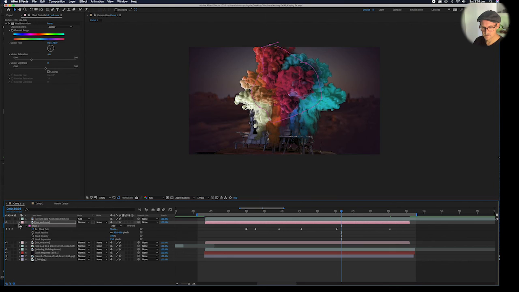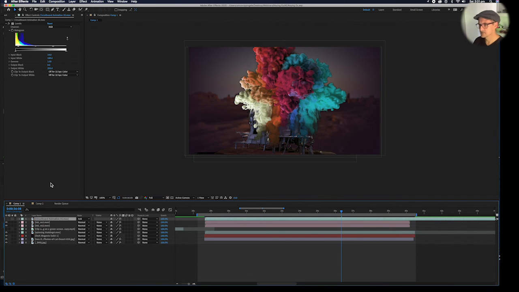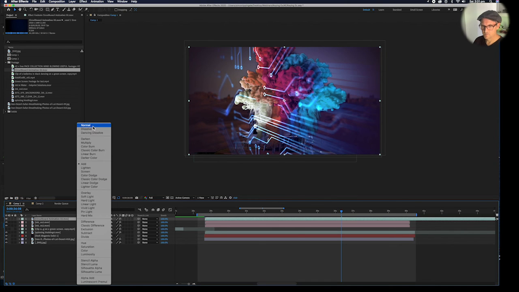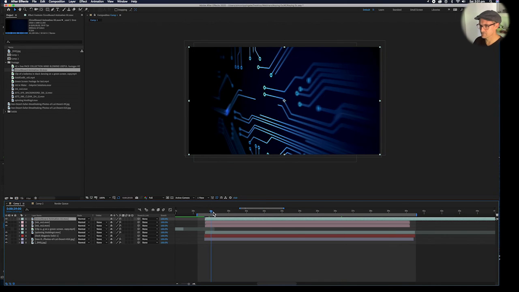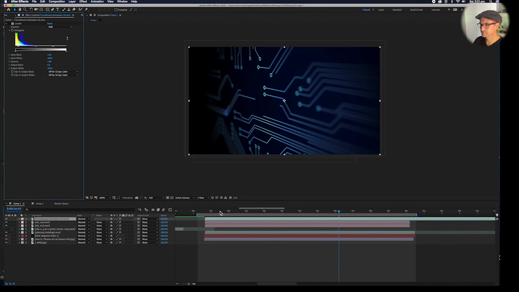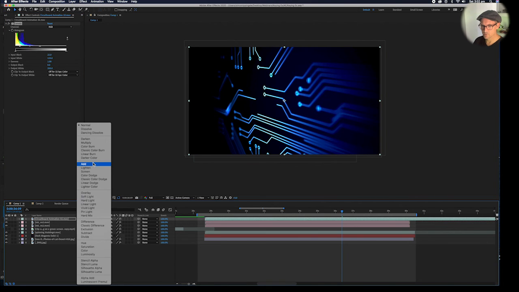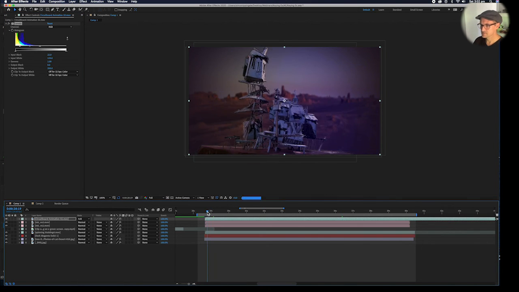Unsolo those two layers. So the last one I've done is this circuit board footage here, which is really simple. It's just a bit of black footage, which wouldn't key very well. But I've pushed the contrast of it a little bit with a levels effect. It's a bit more contrasty. I've just pushed these black and white values close together to get a very strong crunch of the contrast. And then I've changed the blending mode from normal to add, just to get a bit of that over the